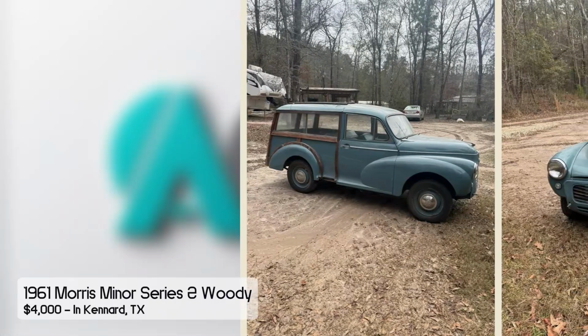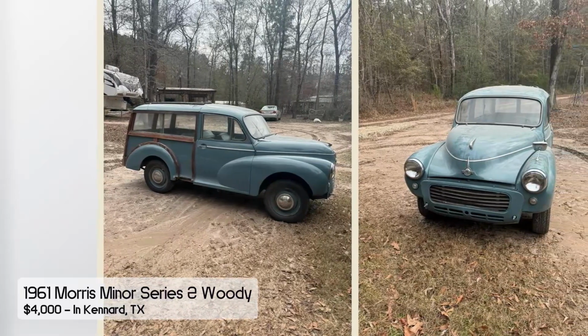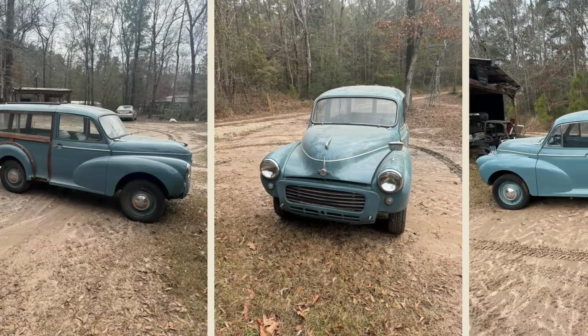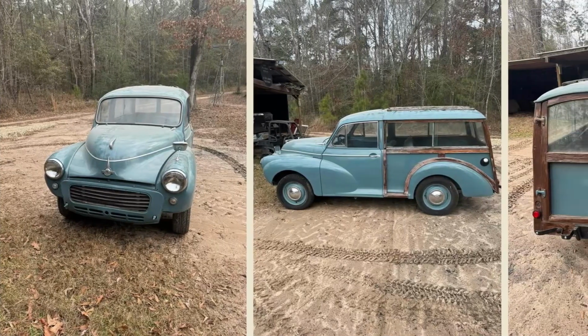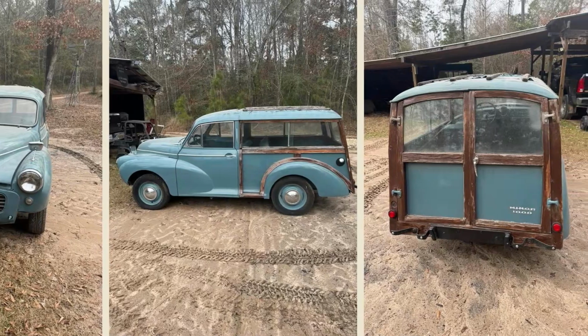Introducing the 1961 Morris Minor Series 2 Woody, a charming British classic perfect for restoration. This vehicle, finished in a lovely blue exterior with a matching blue interior, has been driven 300 miles and features a manual transmission. It is powered by a petrol engine and comes with all parts intact, including new additions such